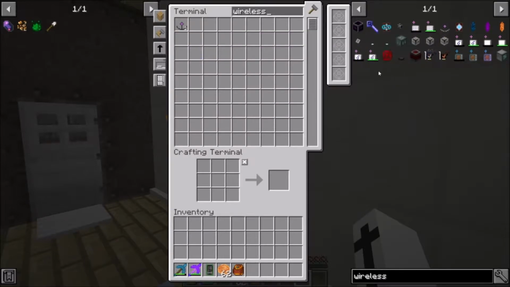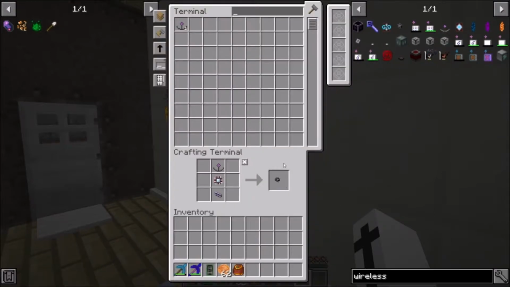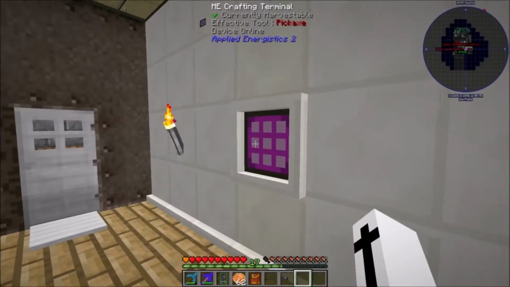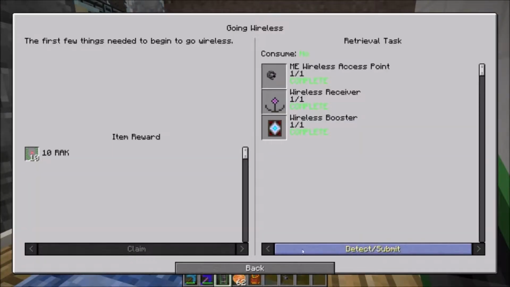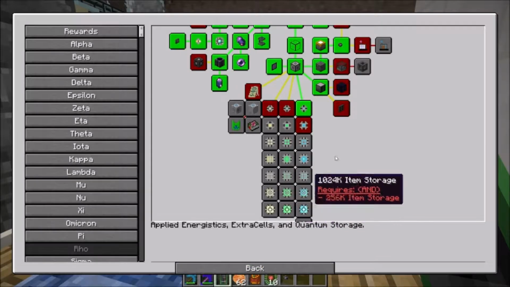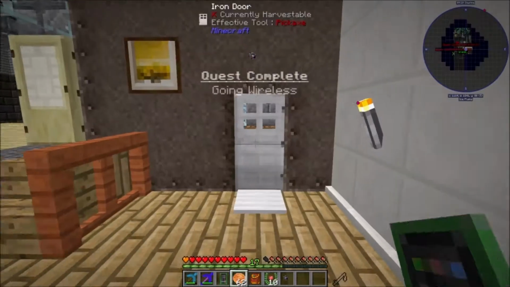Where is it? There it is. We'll make that. Bam. And then we should be able to afford it. Awesome. We've got an access point. That should mark the end of that. Sadly, we're not going to get the cool music, which is pretty depressing. But